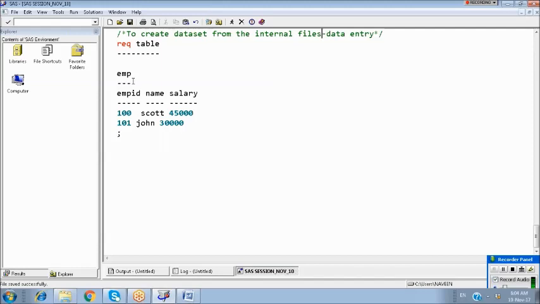Okay, this is the required table I need to create: an employee table with this information, employee ID, name, salary. I need to put these observations. Okay, see the syntax. To write a program, syntax means the standard method. We'll follow this. See, all data step programs